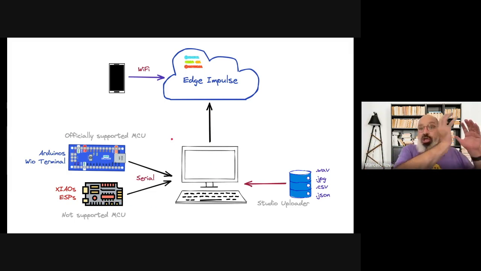So what you do is some data collection in your environment, when you do your experiment or your project. After you collect all the datasets, what do you do? You take this data, for example as a CSV, which is the most common way to handle tabular data, and send all the data to Edge Impulse. You have a few ways to do that. You can send it as JSON, or you can use a CSV connected directly. Edge Impulse has a good tool to help us do that. Okay, so